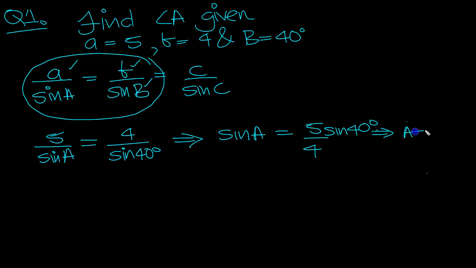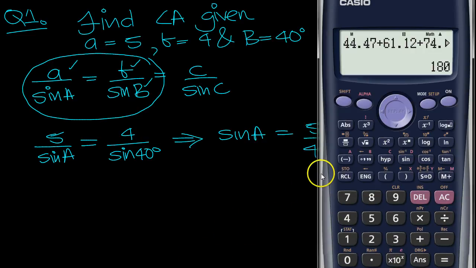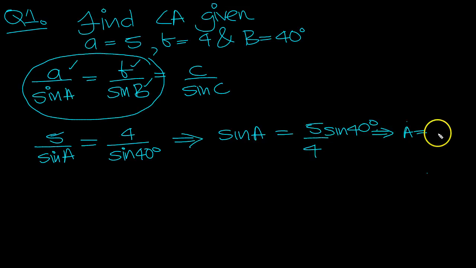Shift sine on that. Okay, 5 over 4 sine 40, shift sine. 5 times sine 40 in degrees mode. And then divide that by 4 equals that. Shift sine answer equals 53.46. 53.46 degrees. Now there's only one slight problem here, and that is when you do shift sine, we're working out